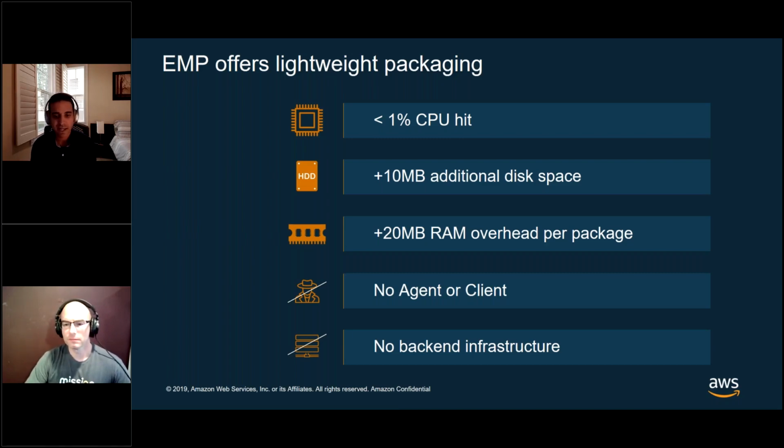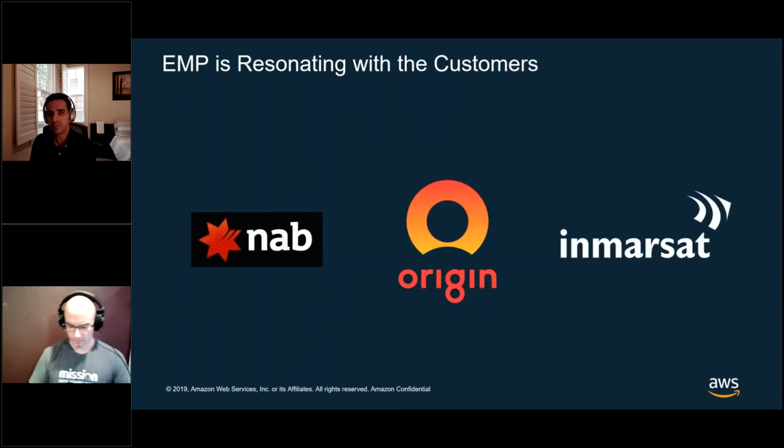We're not installing any agents or clients for this application, and there is no additional infrastructure needed to run this application either. So it's a very, very lightweight packaging. In most cases, the customers don't even realize that the application is running on their AMI or the Amazon AMI. So it's a very low impact packaging process.